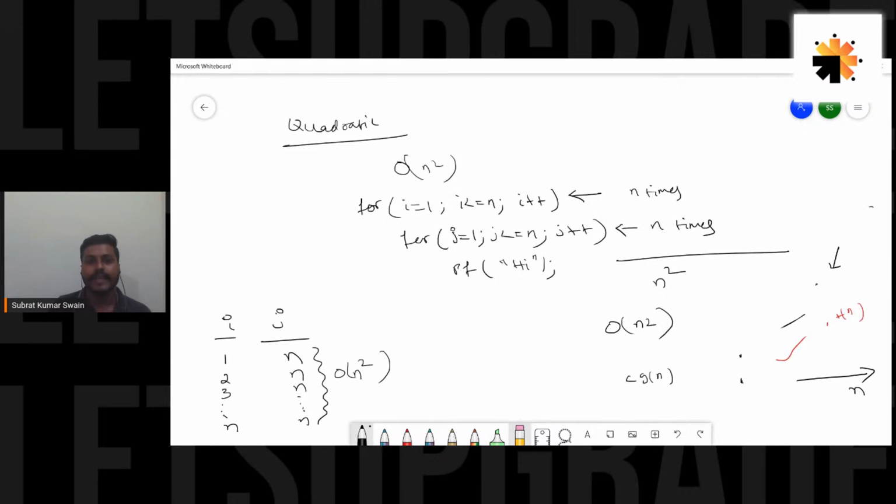Got it? Then we have seen a few types of time complexities. And one more important point we have discussed, that we should not compare two algorithms assuming that we have very few inputs. We should always compare assuming that the number of inputs is very large. Understood? So here we have completed this n square, this quadratic time complexity. I want to basically discuss one more thing, that is logarithmic time complexity. We also have exponential time complexity.